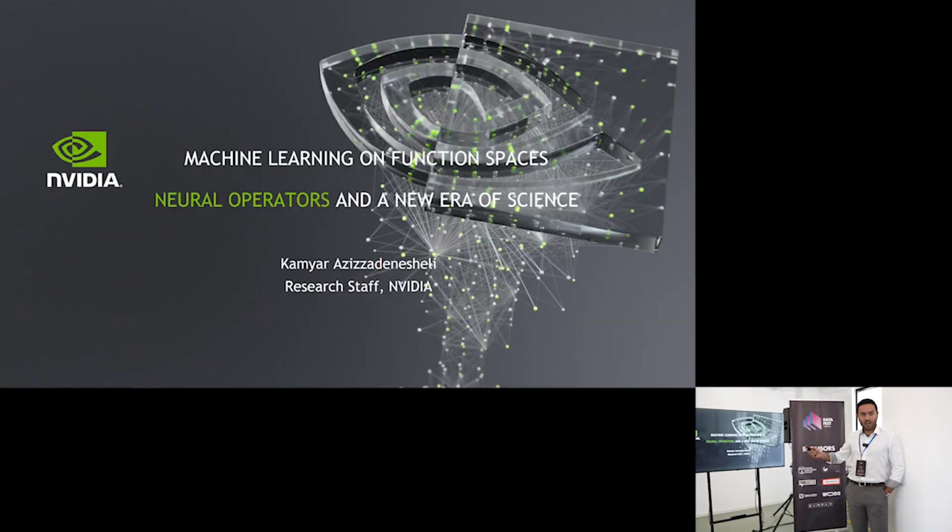So in this session, we will talk about this new paradigm in machine learning, which we refer to as machine learning on function spaces. It's a subject of operator learning, where the data is function rather than finite dimensional objects. And we will talk about the emergence of neural operators, which are generalization of neural networks to function spaces. Neural networks are designed for finite dimensional objects, and we will talk about neural operators, which are designed for data on function spaces. We will talk about why we care about this subject and why we introduced this paradigm